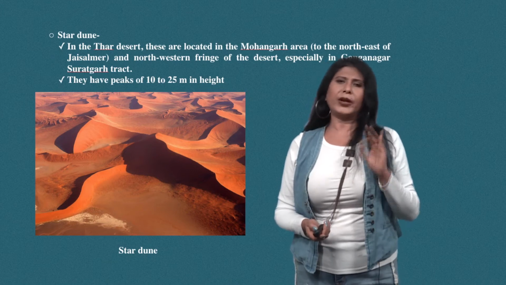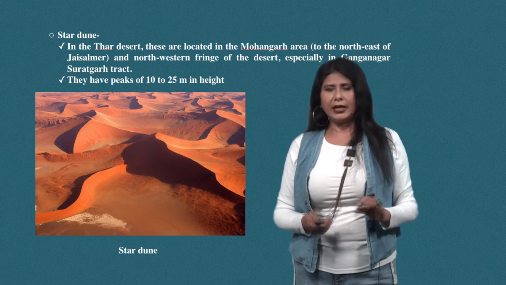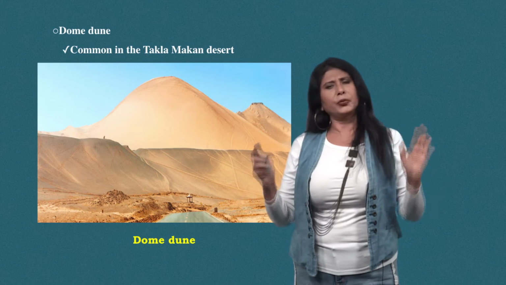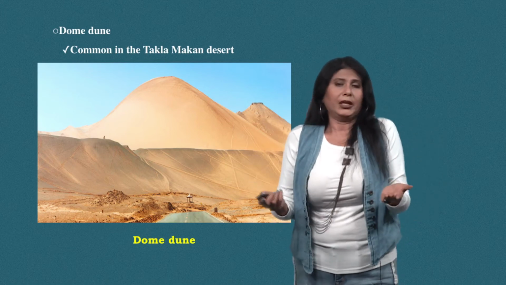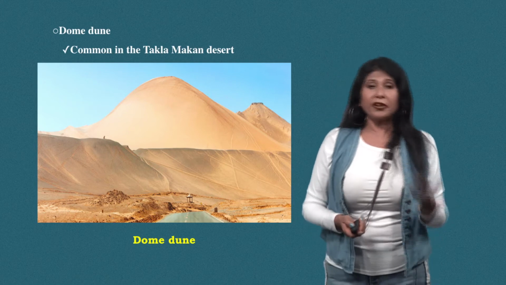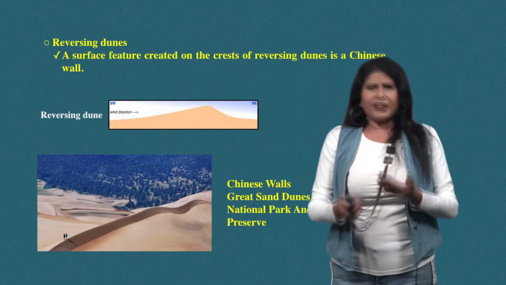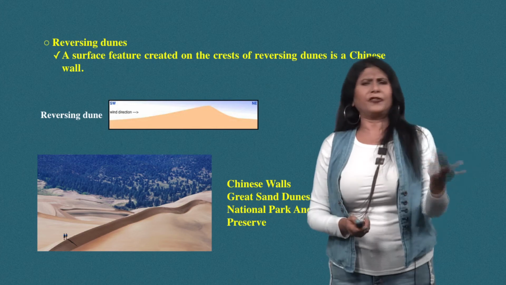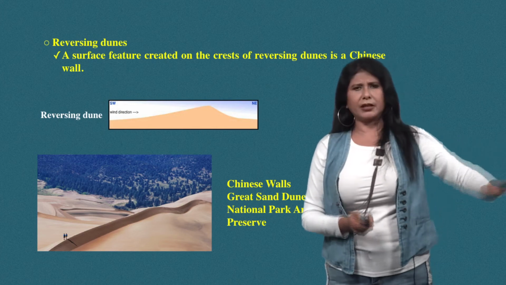Star dunes, where sand is less available. Dome dune, a dune which does not have any shape. So based on different shape, different deserts have given different names. Then reversing dune, dunes which are half cut, there are several names. Dras,